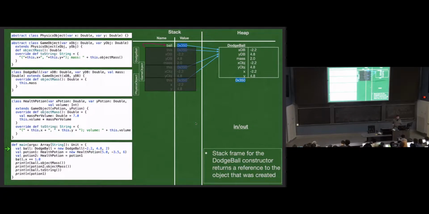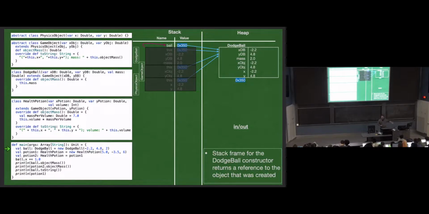So two things there. If I don't use val or var, they do still become state variables. I just have very limited access to them. I can't access them from outside the class, but they will still go on the heap. And if I don't want the duplication, I can just not pass them to the next constructor. I could call game object of 0, 0, for example, in this example, or set up my code in such a way that I don't need to keep passing them